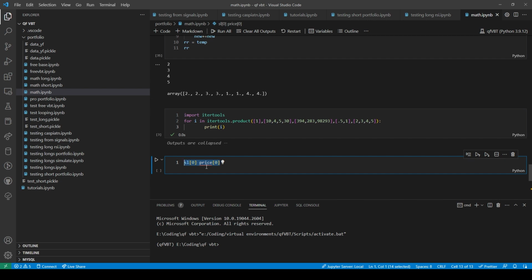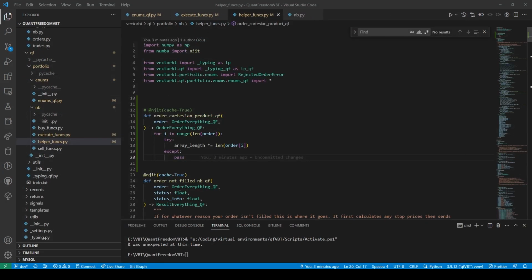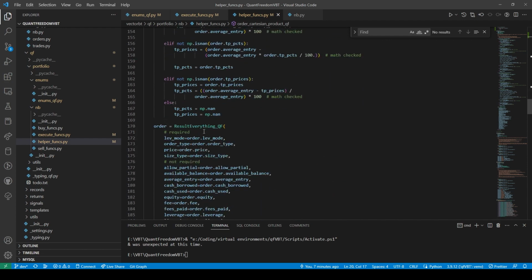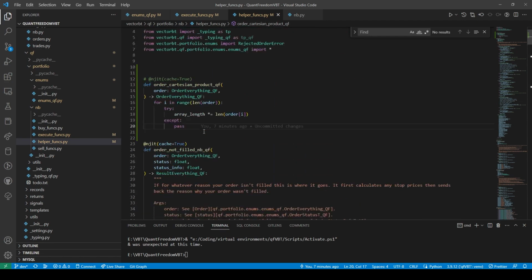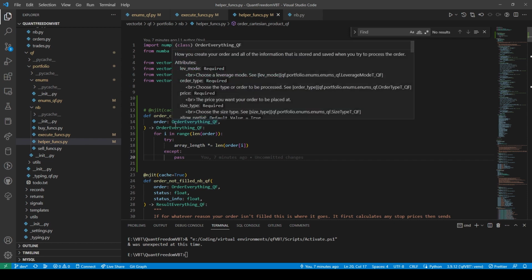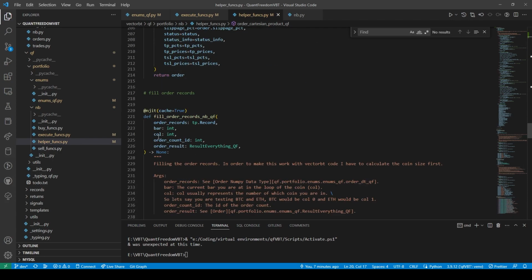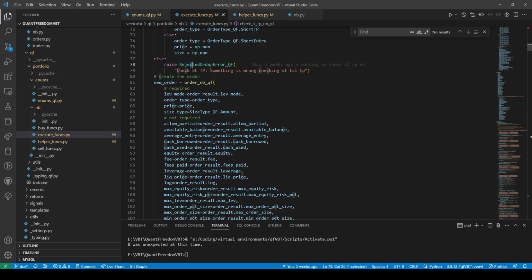So the Cartesian order is going to have to take in all of the stuff that you get from here.